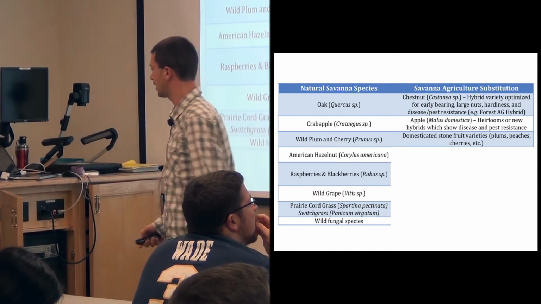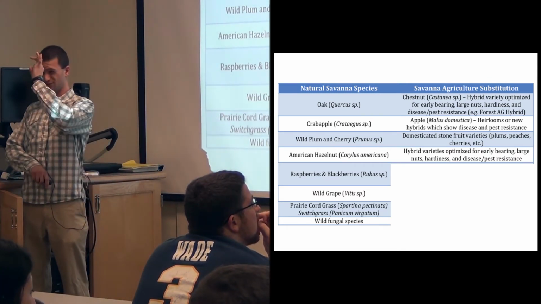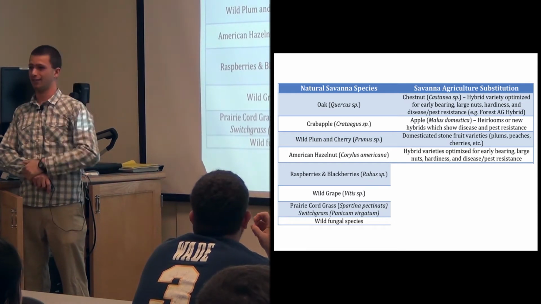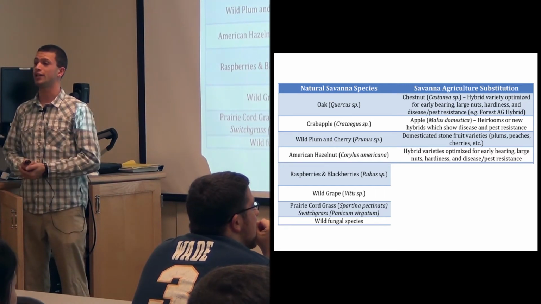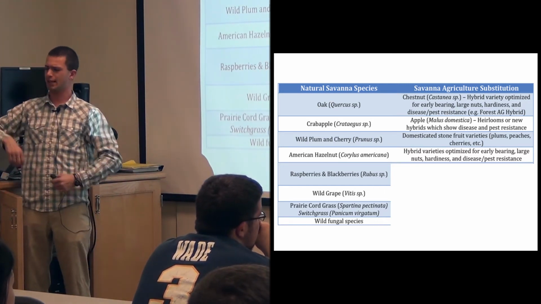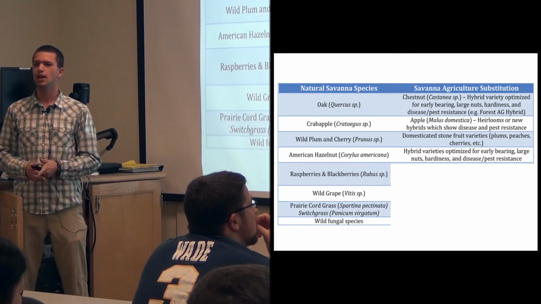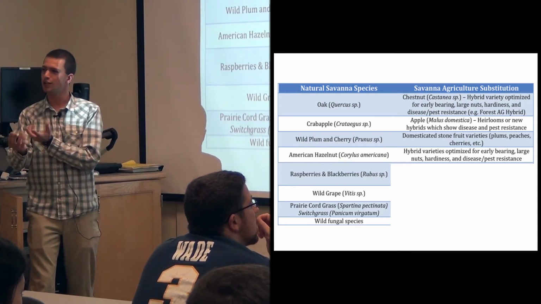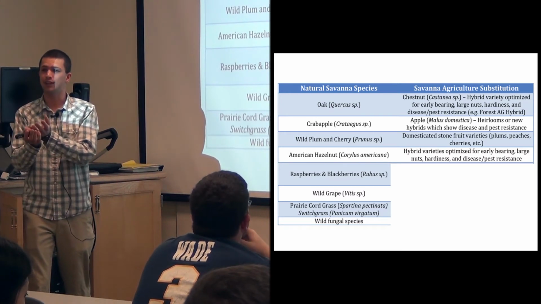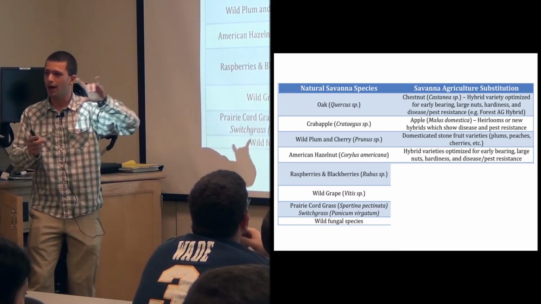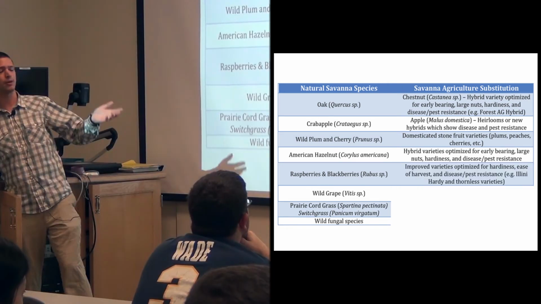And then same thing with the other kind of fruit. American hazelnut: those hazelnuts that I found out in Champaign County were super, super tiny, like half of a penny kind of thing, and they were very hard to find and very small. We have hybrid hazelnuts that we've been breeding for 20 years that are huge plants, make huge nuts, make them really early in their life. They're drought tolerant, disease resistant, all those great things. Let's just substitute those in. Those hazelnuts are going to fill the same ecosystem role, the same niche. They're going to act in the same way in that ecosystem, maybe act in the same way in all the mathematics we talked about before, but they've been tweaked to be better for our specific optimization goals. Same thing with raspberries and blackberries.